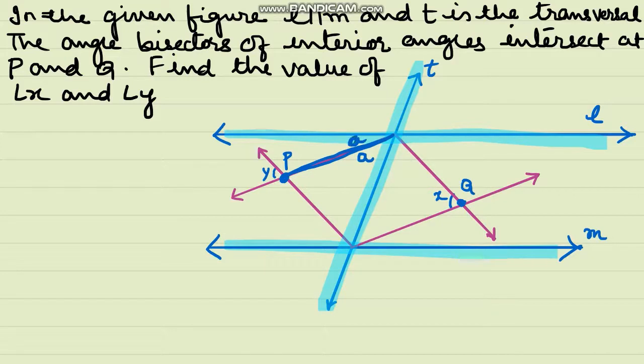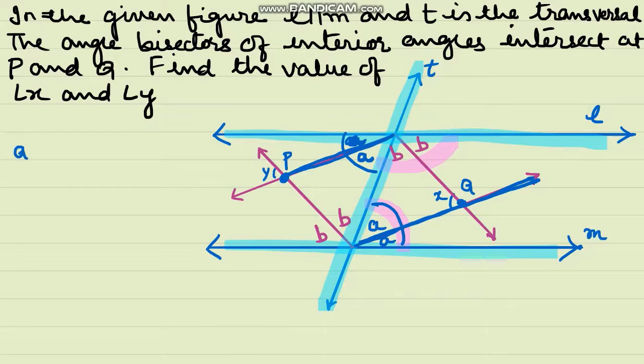Angular bisector, this angle and this angle will be equal. Suppose I am taking this angle as A and therefore this angle will also be equal to A. So similarly here also you will get A and A because this is the angular bisector. This is bisecting the angle and this angle is equal to this angle. So if this is A and A, this will also become A and A. Similarly, if we are taking this as B and this as B, these two will also become B and B. But the most important thing you have to pay attention to here is, this and this are co-interior angles and therefore the sum will be equal to 180 degrees.